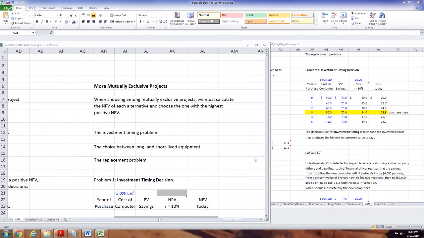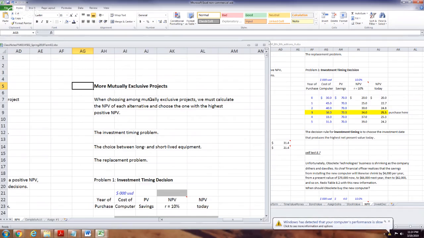But like I said, mutually exclusive means it's one or the other type thing. And if you have 100 million to invest, you can only spend 100 million. You can't spend 200 million unless you're going into debt and those kinds of things. And one project may not affect the next. These are all very real concepts in investment management and investment banking and all that type of thing.